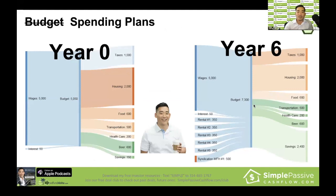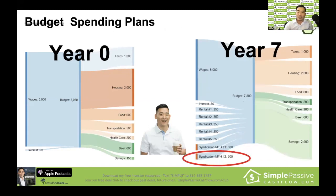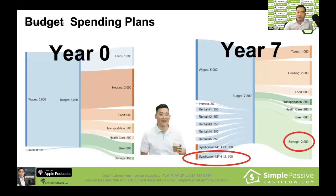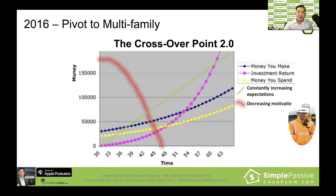So, here's the progression. At that point, you start to pick up these syndications, which are a lot more scalable. You keep having the rental properties, and at this point, I call this crossover point 2.0. You guys with grass would think it's kind of funny, but if the red one was my motivation at work, I got to be a pretty horrible employee at that point, because I saw, why would I want to work